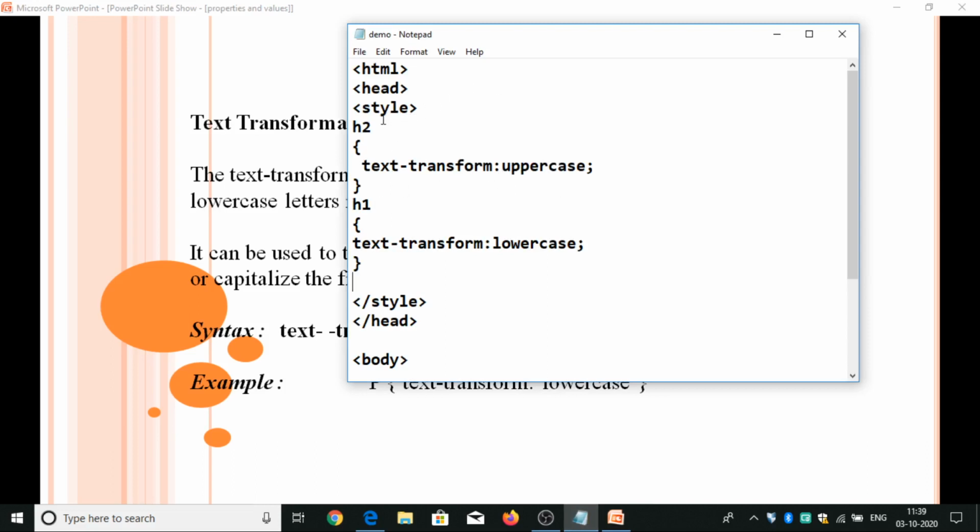I have taken H1 transform as uppercase, H1 as lowercase, H2 as uppercase.